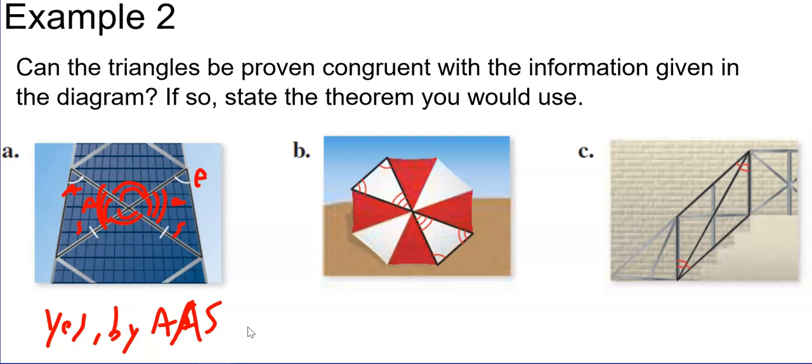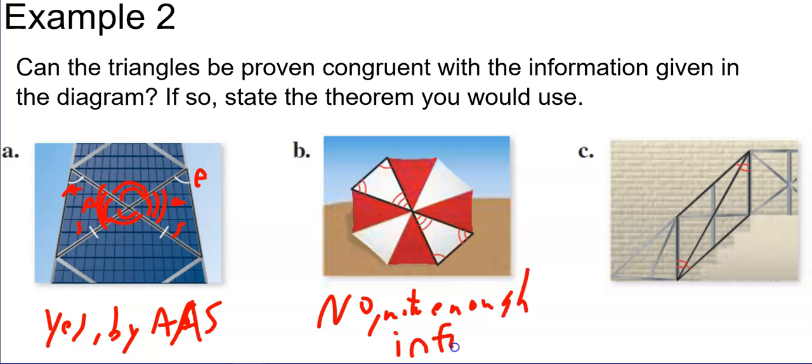Okay, on B, we have angles all marked, all right? But there are no sides given. And without that, we do not have enough information. We need a side, okay? There is no angle, angle, angle rule,